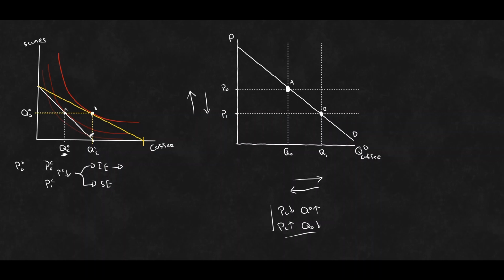Altogether, because cups of coffee are cheaper, we're able to buy more of everything. Our budget constraint has rotated outwards. Everywhere along this line, we're capable of having more coffee and more scones, with the exception of that one intercept right there. As the price went down, this has made us feel as if our income